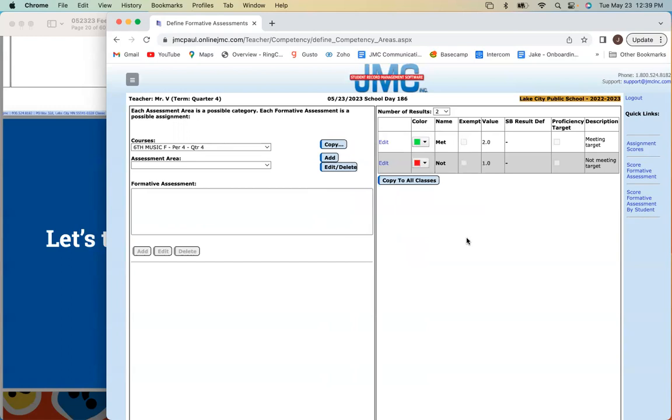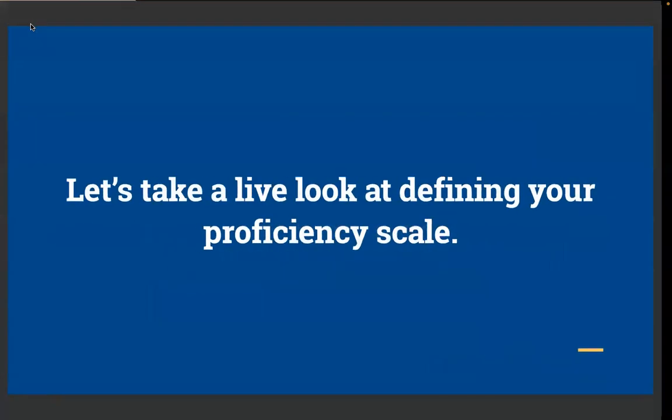And if you have any questions on creating a proficiency scale, please shout them out now. If not, we'll keep right on rolling. I'm not seeing any questions popping through, so we will move right along